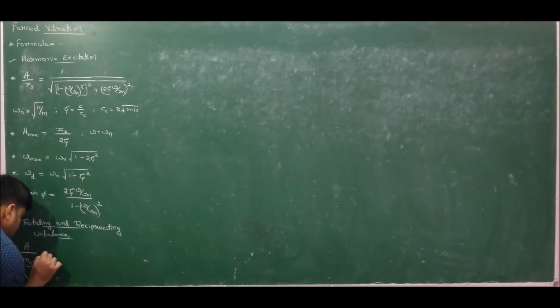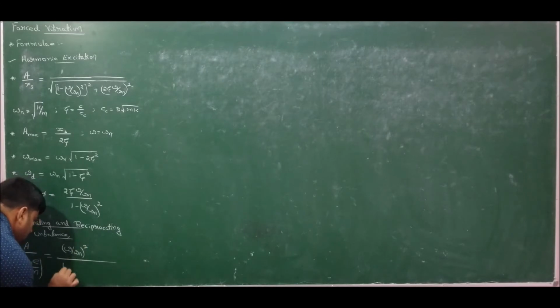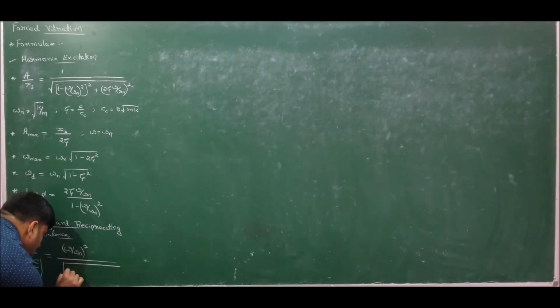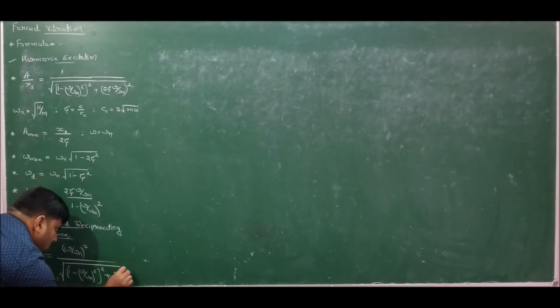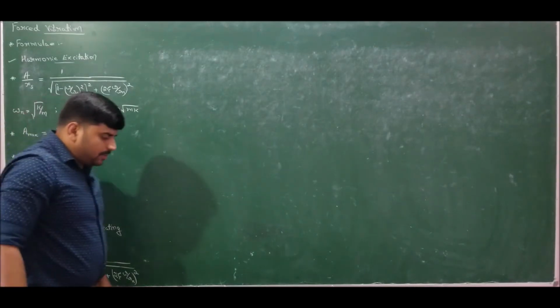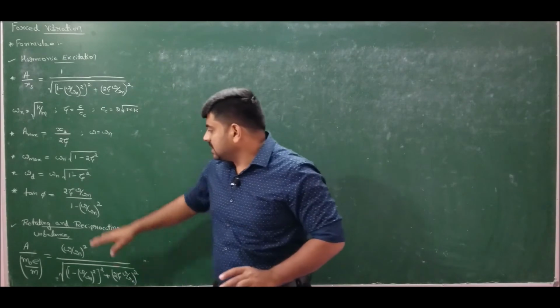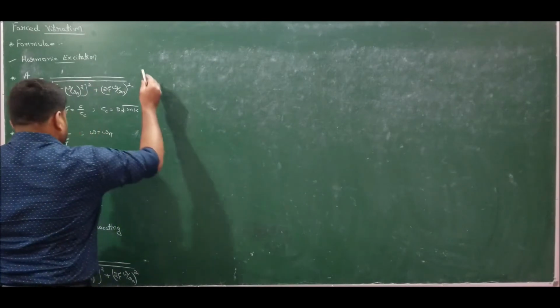This is equal to omega by omega n whole square divided by square root of (1 minus omega by omega n whole square) plus (2 zeta omega by omega n whole square). Correct? Now the phase difference between the amplitude of vibration and the exciting force is nothing but tan phi, which is already known to us. Next, moving ahead to lecture 3,